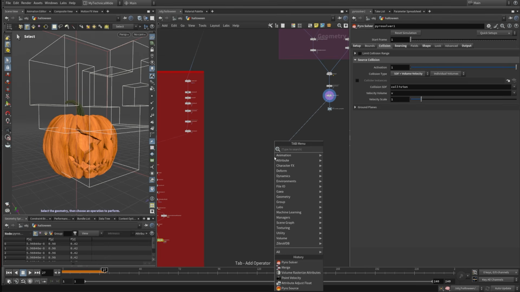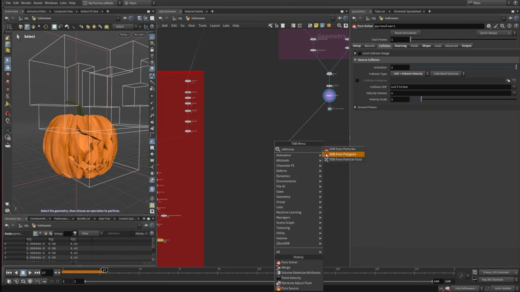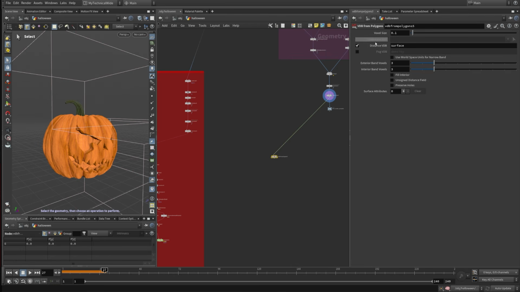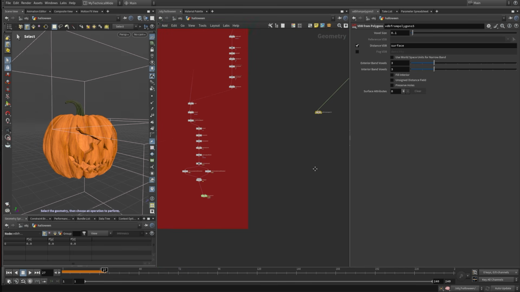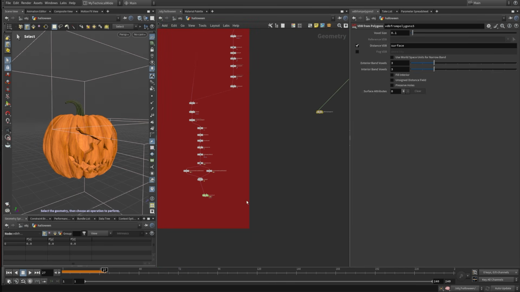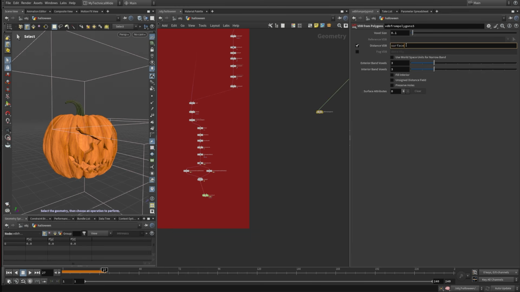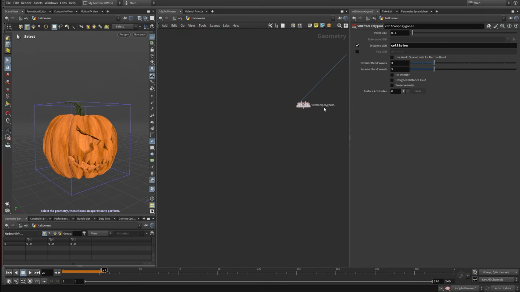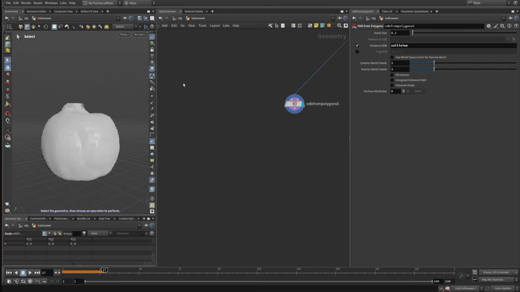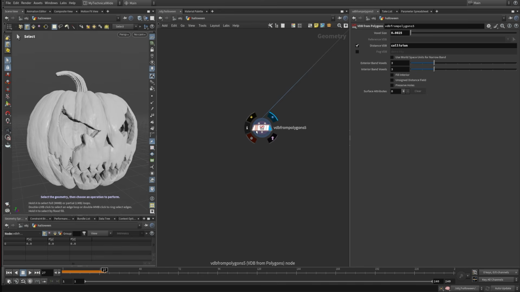So from here, I'm going to do VDB from polygons. And again, it's important to call the distance VDB as collision. Otherwise, the solver wouldn't understand it. So we can just select the solver, select this name, Control C, select VDB, Control V. So now it's named correctly. After this, we need to add some resolution. 0.0025 was the resolution that I used. Okay, so now if we plug this in,